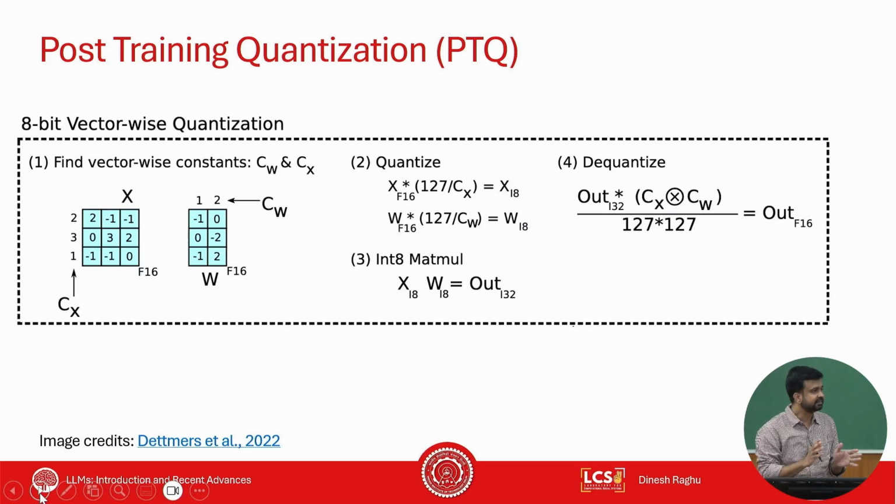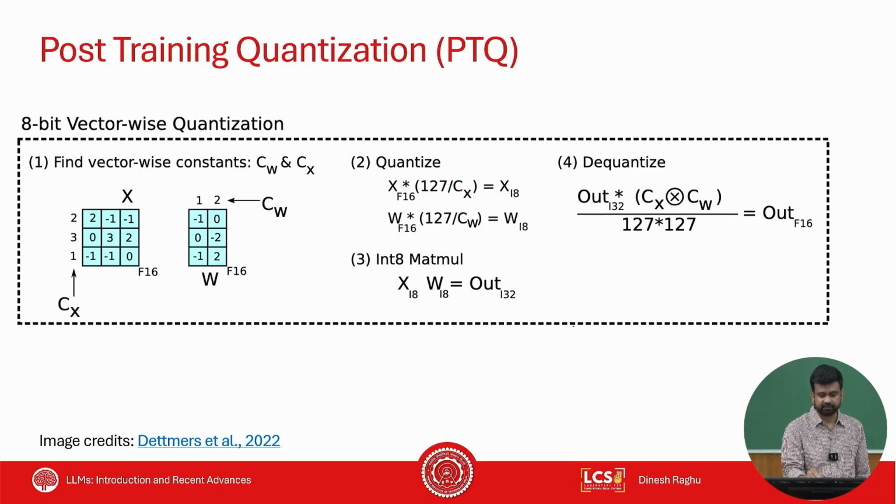Why is this efficient, right? Because if you do a matrix multiplication using FP16, there is only so much you can do. But if you convert this into a much smaller quantized version, then the number of operations you can do blows up, right? That blow up is so high that even the quantization and dequantization is a very small fraction. So you end up getting a lot of speed up, right? Here you see the input and the weight matrix, and first you quantize them, because here you know your scaling factor.